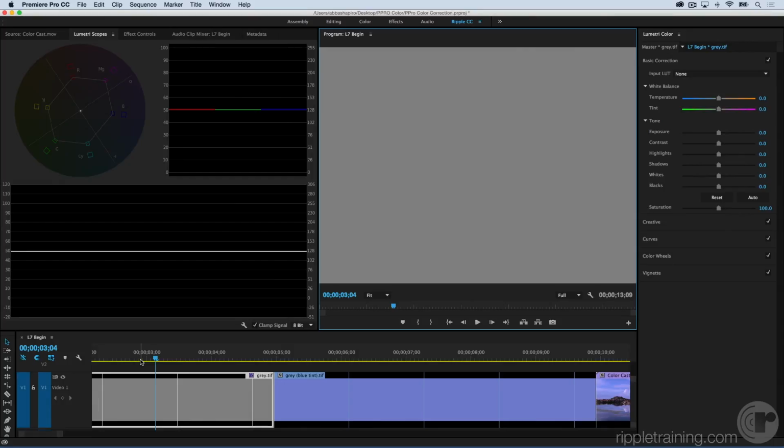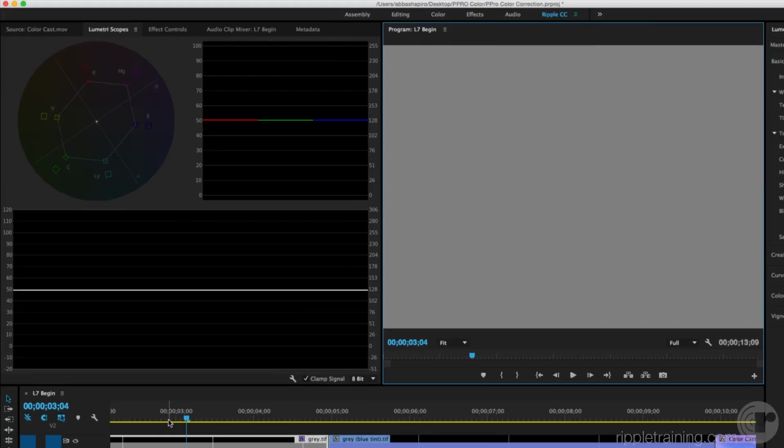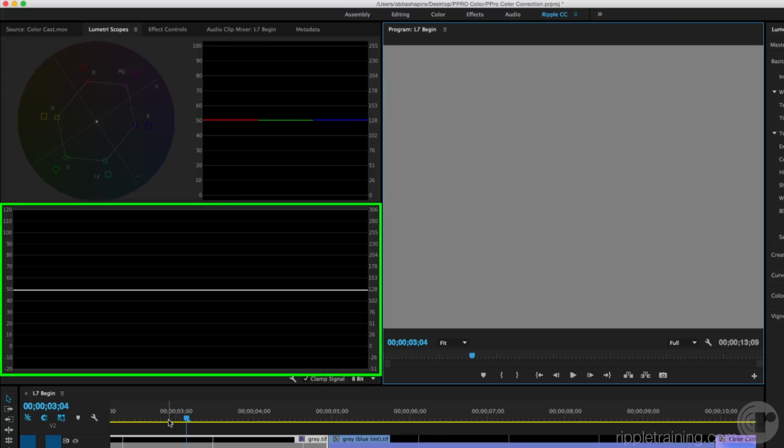Now that you've properly adjusted the luminance of an image, you want to make sure that it's white balanced and that the saturation is appropriate for the shot. To better get our heads wrapped around how some of these sliders work and affect an image, let's go back to our scopes, and I have 3 scopes open. I have my vector scope, I have my RGB parade, and I have my waveform,